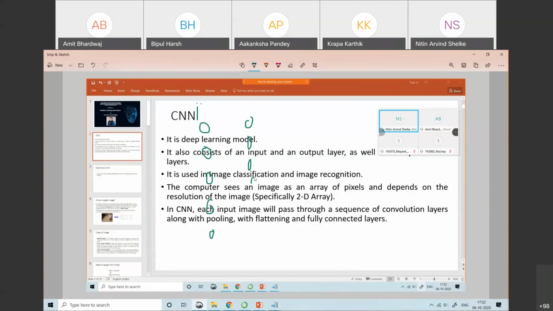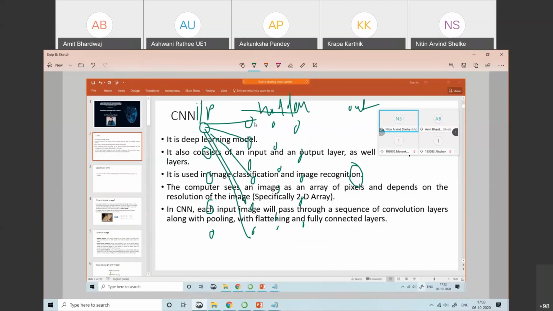Whenever we say a lot of hidden layers, 1, 2, 3, here I'm considering 3 hidden layers, and the final one is the output layer. So this is the input layer, these are the hidden layers, and the final one is your output layer. These are the nodes, and every node is attached with every other node. I'm just showing you one node attached to another node. Likewise, every node is attached with the nodes present in the other layer. So this is the neural network.